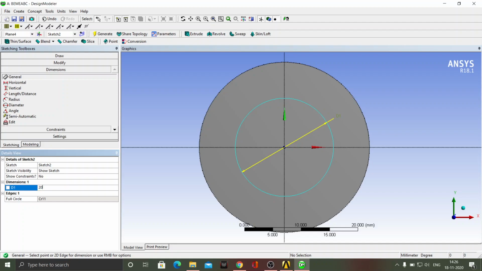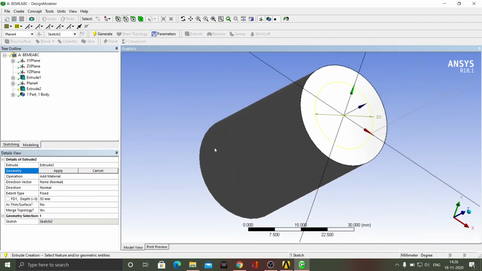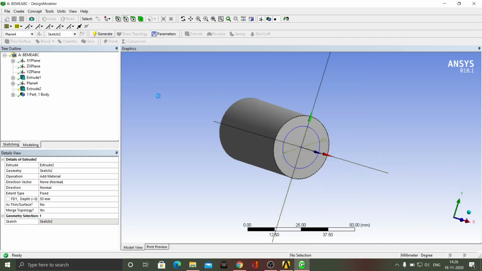So we will convert it to 20 mm. Once we do that, next step is we are going to extrude it. This is the geometry that we have selected. So we will click apply, and then the extrusion again we want to be equal to 50 mm. By default it has taken the previous value that we have entered, 50, and that is the requirement, and then we will click on generate.